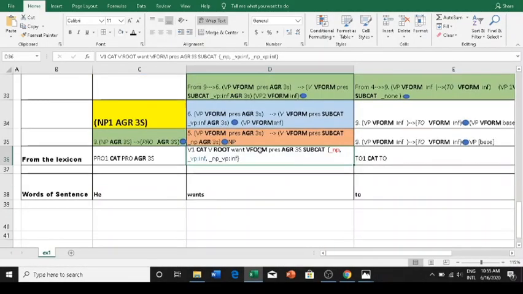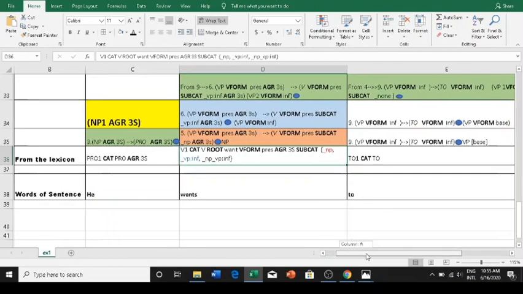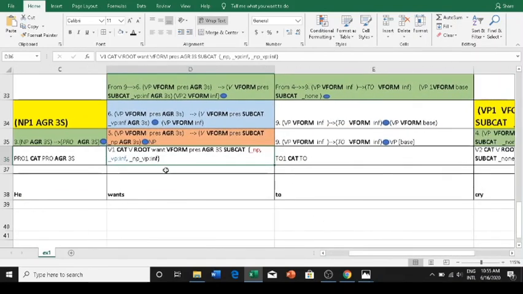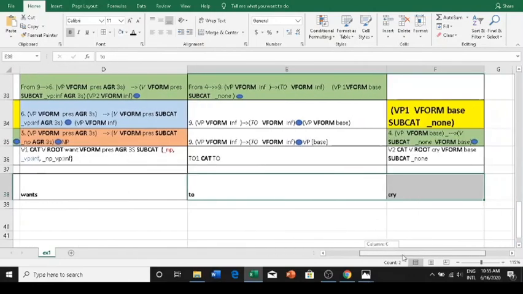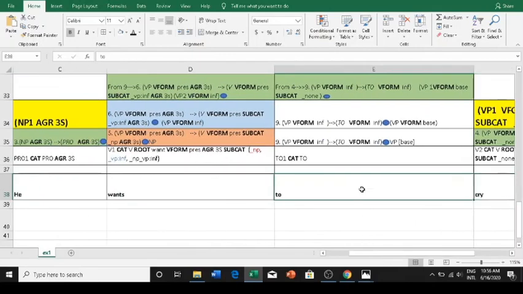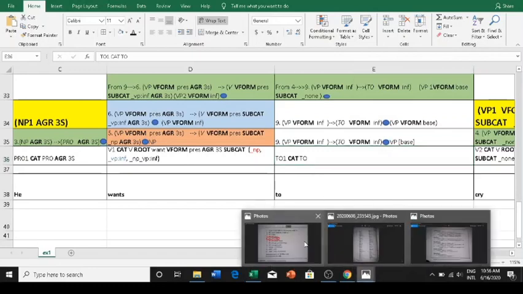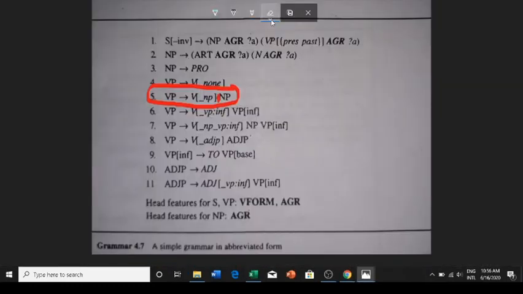Then the thing is, we will just stop here for once. Because in order to proceed with this rule, that is the rule for ones, that is rule number 5, we need a noun phrase from the next section, that is to cry should actually match with noun phrase, so we have to process to and cry. So we are going to process to now. Okay, so this is the lexicon entry that we got for to, and you see that the categorization is to itself. So from the grammar set we need to find a rule that has to on the right.